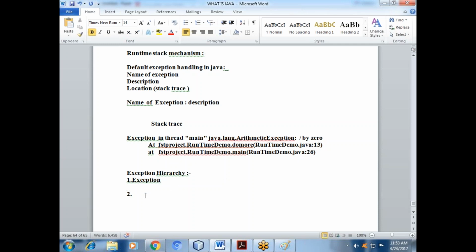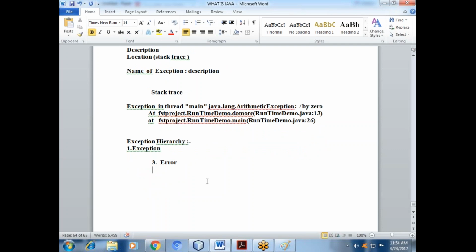Exception, another one is Error. Then what is an exception? Can you say? Already you have written: an unwanted event that disrupts the normal flow. So who is responsible to resolve this kind of problem? Can you say? Who is responsible? Developer.